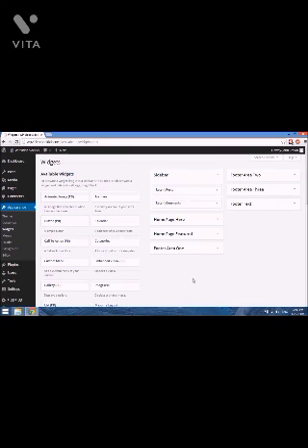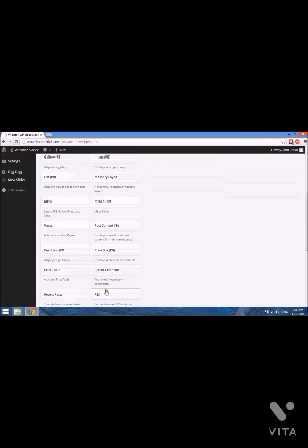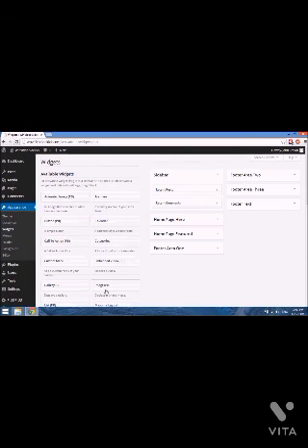So essentially, even if you don't use it to build pages, you could just use it to customize your widget areas. For example, if you wanted to add an image or some embed code, such as